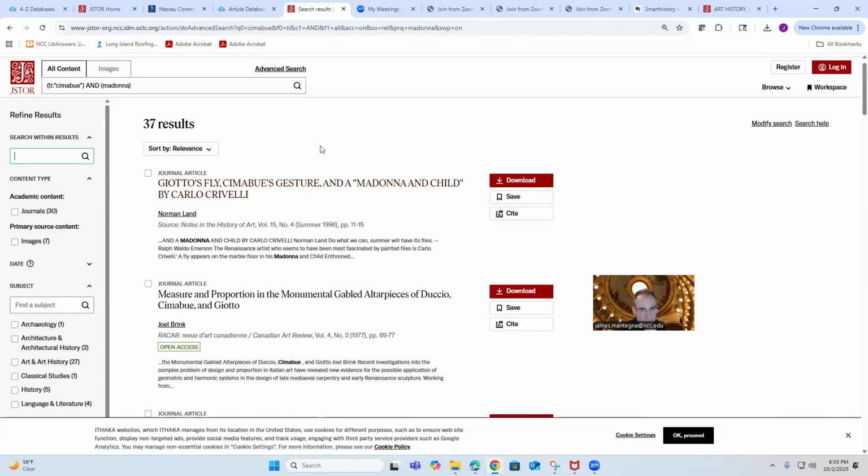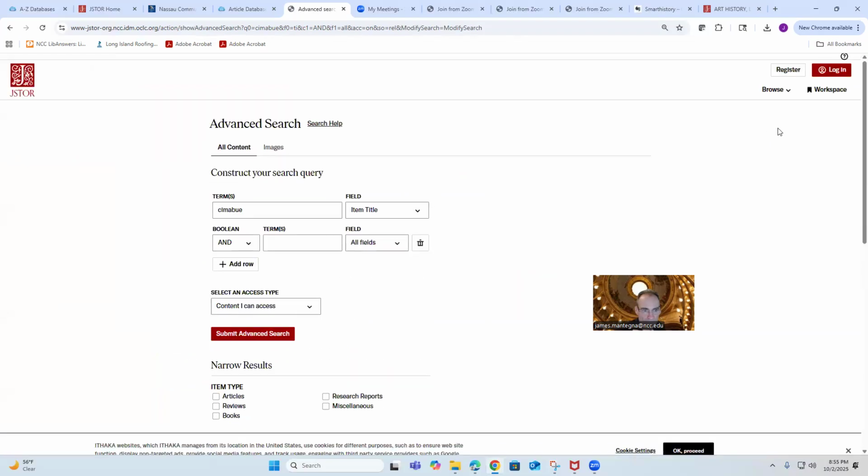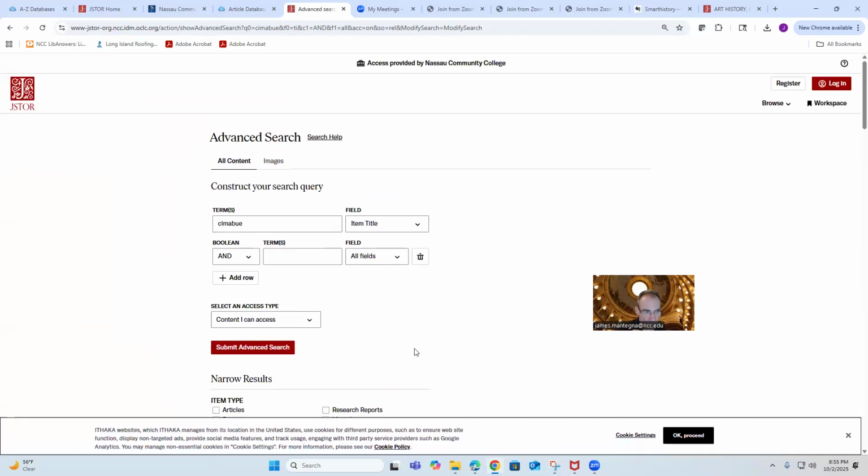So just be aware that Madonna and Child can be a lot of different works, right? So you'd want to tie that to the artist in some way. And then from there, you can go to modify search here. And just one second, let's put the spotlight on. So modify search, and you can put maybe a different